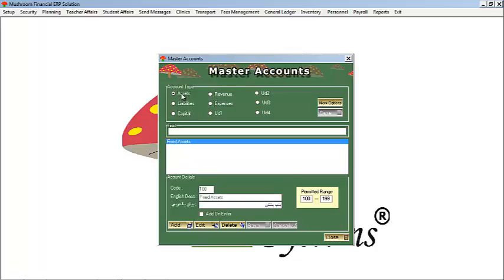So let's go back to the first one, which is asset. I have created an account. It is labeled as fixed assets, and how did I do it? I press the add button, and this English description and Arabic description will open. These are the text boxes. You may choose anything here. So for the sake of an example, we will enter assets